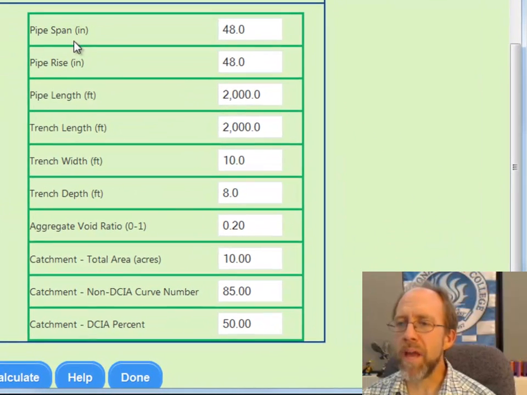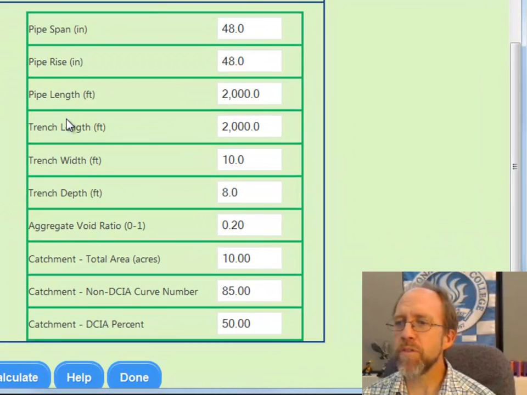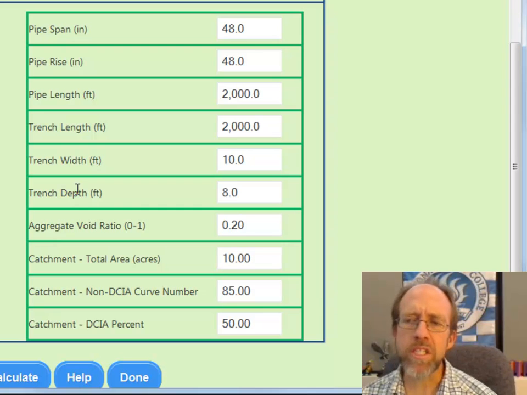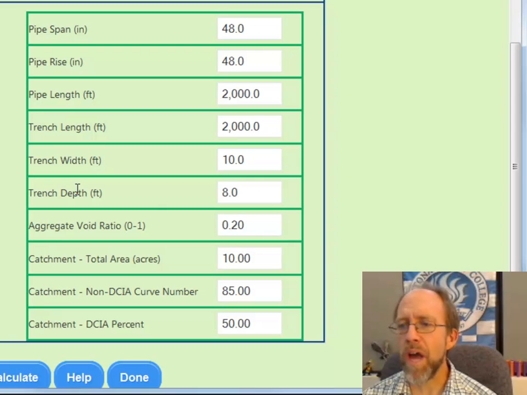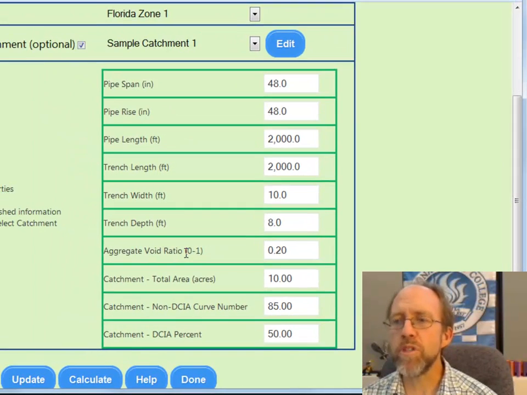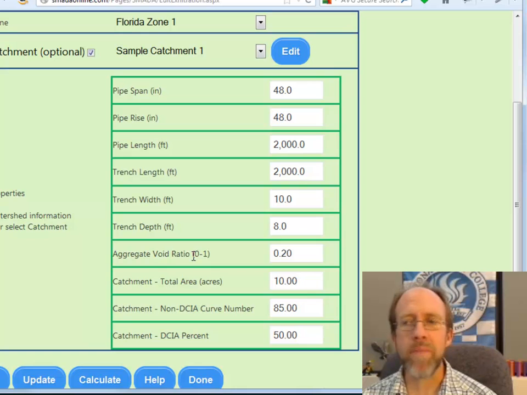That would be the pipe span, the pipe rise, the pipe length, the trench length, the width, and the depth of the trench. All those are just basically geometric parameters that allow you to calculate the amount of volume that you have. And the only last parameter that you have is an aggregate void ratio, basically looking at the fact that the pipe is going to be backfilled with some sort of rock. How much of that rock is actually going to be rock, and how much of that rock space is going to be water. Once you have those parameters, you have the ability to calculate a specific amount of retention that's